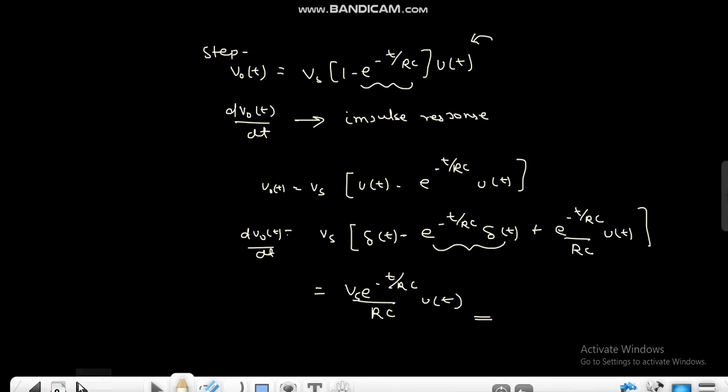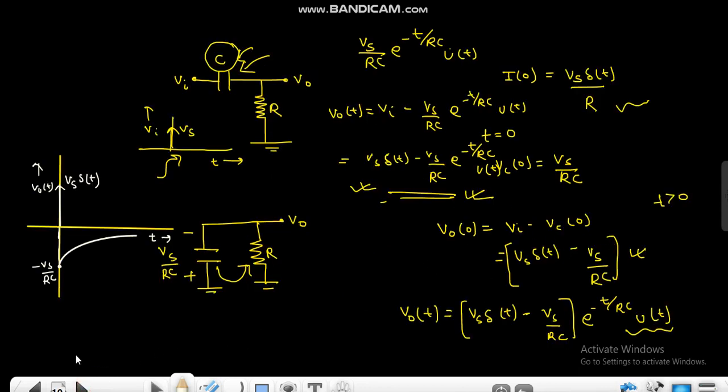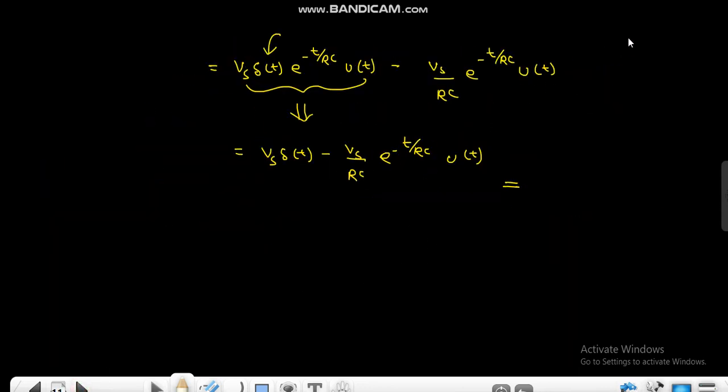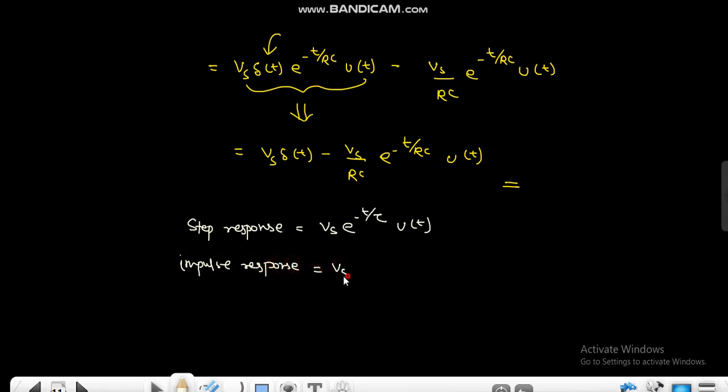So you can do it like this as well. You can apply the same in this as well. Okay, so what is the step response? Step response is Vs into e to the power minus t upon tau ut. Now simply differentiate it. Impulse response will be Vs into e to the power minus t upon tau delta t